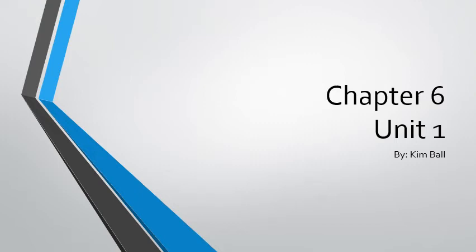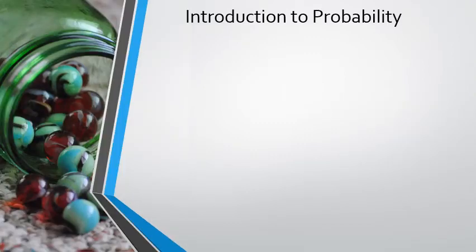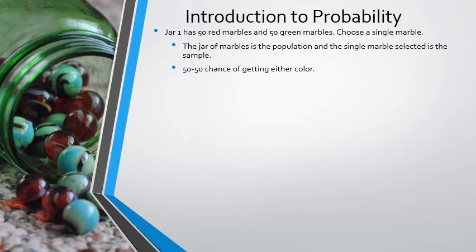Chapter 6, Unit 1. We're going to talk about probability and how it relates to statistics. So say that you have a jar and it has 50 red marbles and 50 green marbles. You're going to choose a single marble. So the jar of marbles is the population of all marbles. The single marble selected is the sample. And you basically have a 50-50 chance of getting either color because there's the same amount of red marbles as